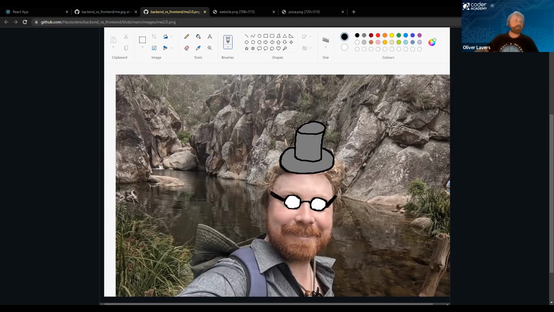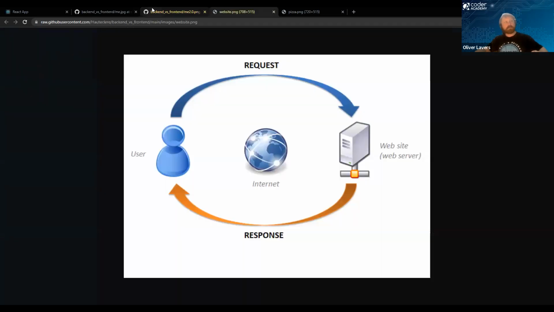The only difference between that classic file being opened on your computer system and a website is that when it comes to websites, the file is stored on somebody else's computer, which means that when you want to access that website, rather than opening up a file that you already have, your computer is sending a request out to somebody else's computer. And that other computer, which we would call a web server, responds with the website file. Then your browser can open it and you can view it.